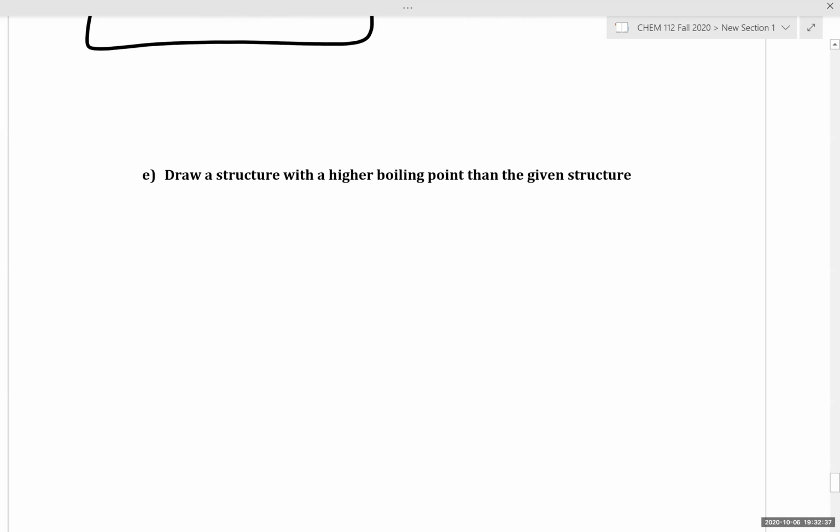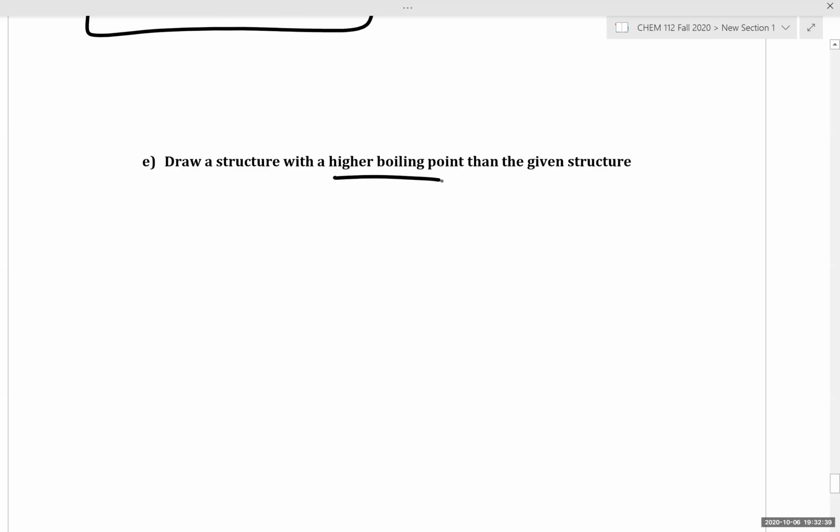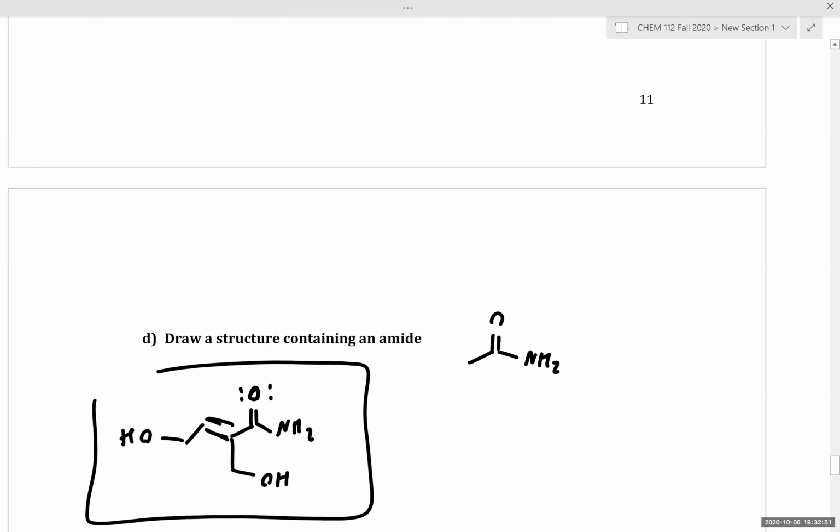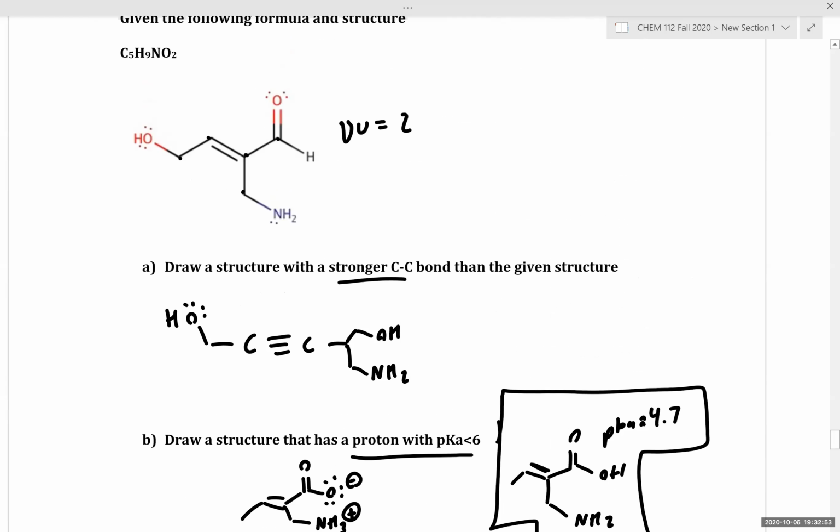Okay, let's look at this next case. We're asked to draw a structure with a higher boiling point, so we want more hydrogen bonding interactions. So we have the alcohol, the amine, and an alcohol. Some students drew the trans isomer, and in this case it's a little bit tricky because you have multiple bulky substituents, so it's not readily apparent whether the trans isomer would actually have a higher boiling point,